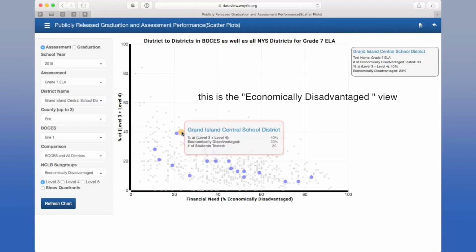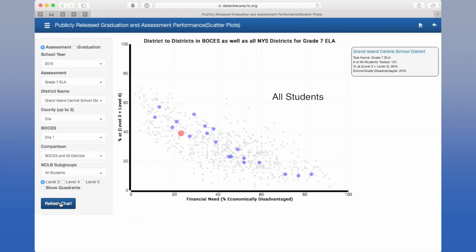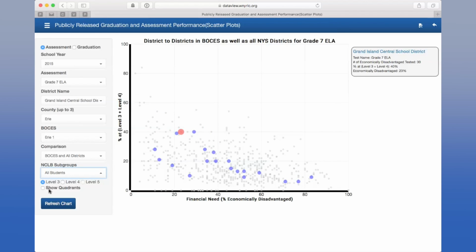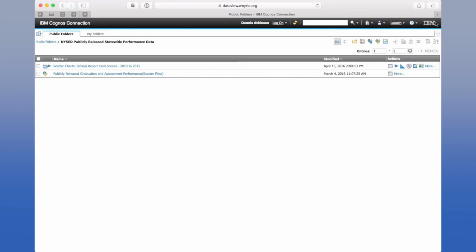Take a moment and ponder what might be happening in Grand Island as evidenced by these data sets. Notice Grand Island's relative position for both subgroups. The graphs indicate the economically disadvantaged students perform on a par with the non-disadvantaged students. This is a good example of how data can be used to assess the effectiveness of a district or school's